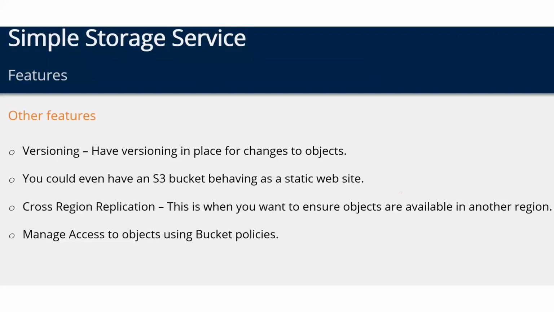And I told you earlier, for websites, you can keep all the static content on the Simple Storage Service S3 bucket. And cross-regional replication, again, I told you, you can keep one copy in Florida and another copy in California and another copy in India, or maybe wherever it is, right? So that there is a high possibility of retaining your information. If something happens in California or Florida, still your copy is somewhere in Ohio or somewhere, right? Okay. And the fourth one is manage access to objects using bucket policies. You keep all of your content in the S3 bucket, but you don't like to keep it wide open.